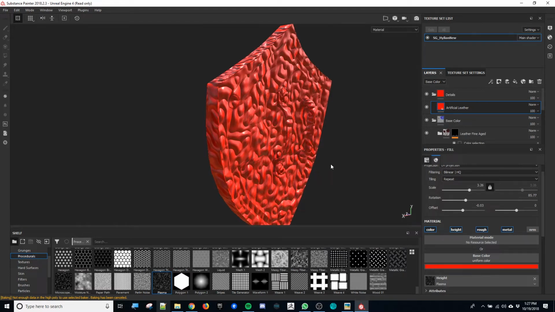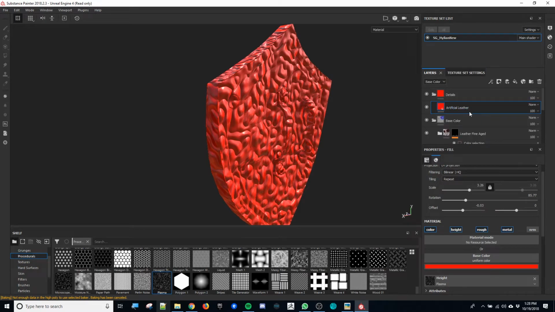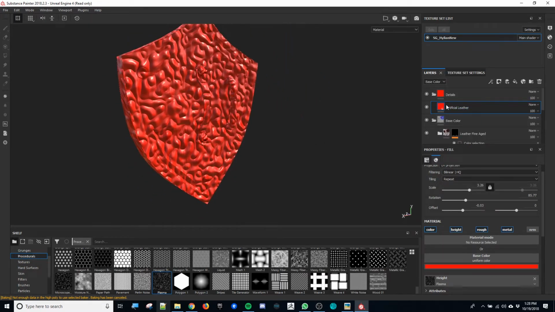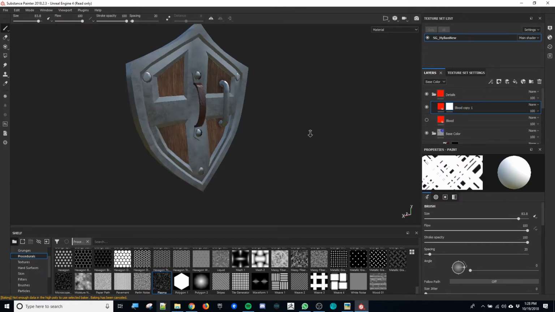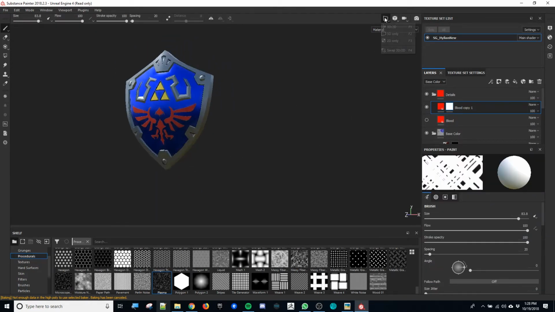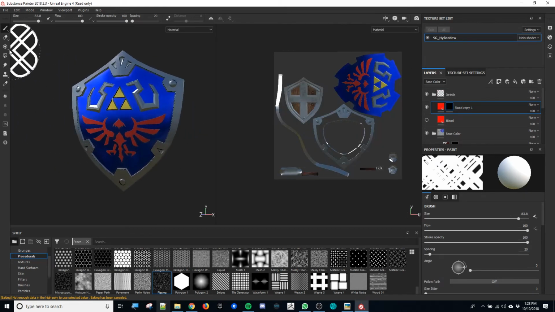So I need to get this out of the way. What I'm going to do here is, as I have this artificial leather, I will just rename this to blood. And I will make a copy because I'm going to be using that in a second, but I'm going to work with this copy. I'm going to apply a black mask, so nothing is applied to this. And I'm going to change my view to 2D and 3D view. In here, my selection is going to be by,